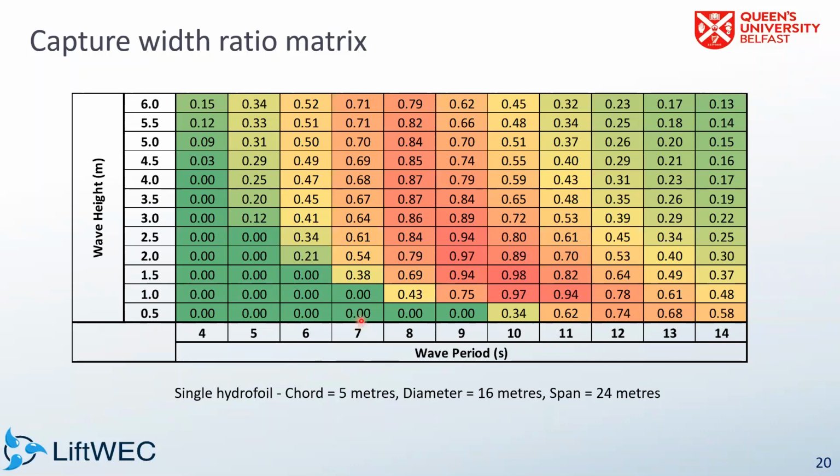So this is where the design potentially comes in. If you reduce the diameter, or if you have a variable diameter, then you can start making some of these zeros have positive values. So we can start to increase the range of that capture width ratio. Again, the point is...